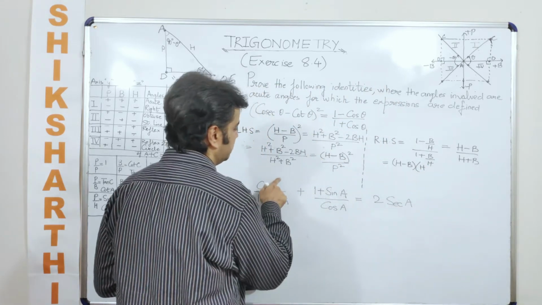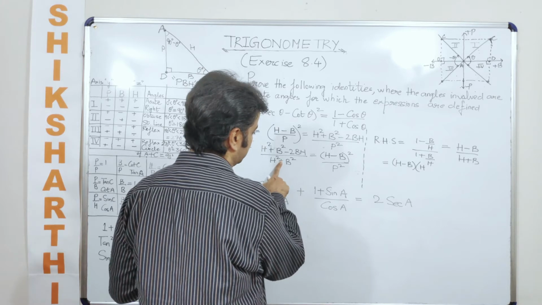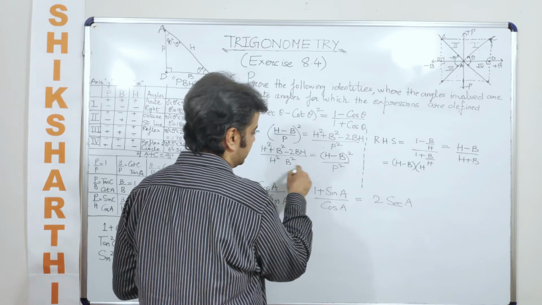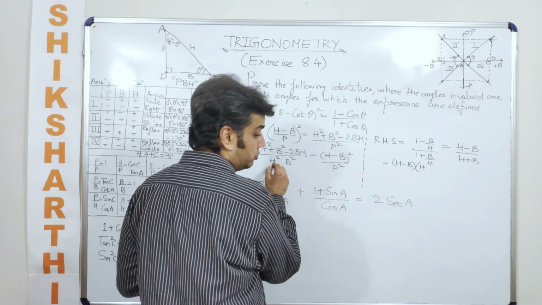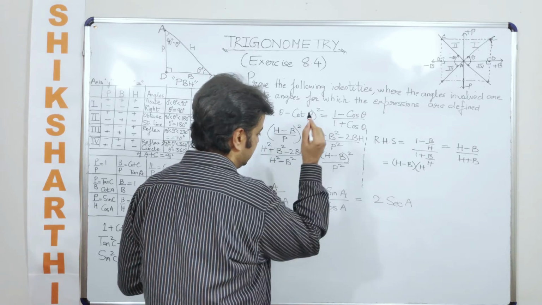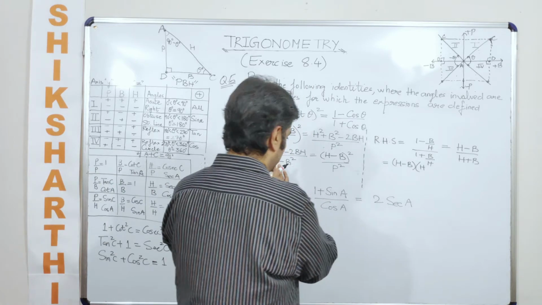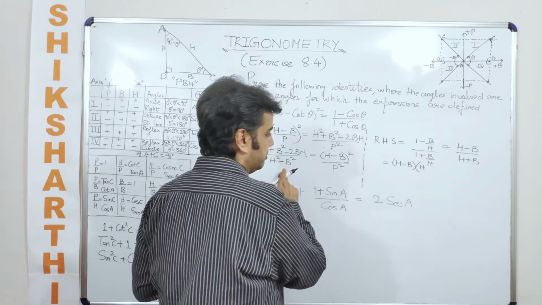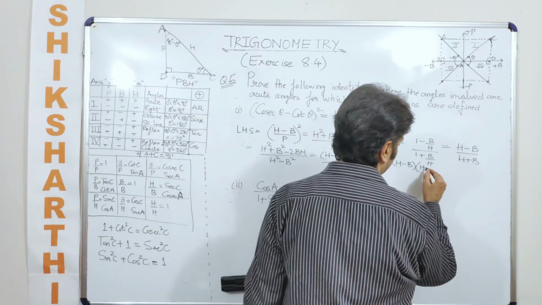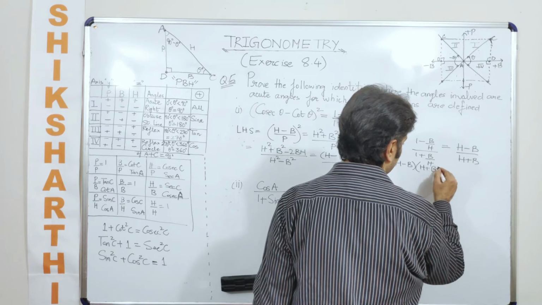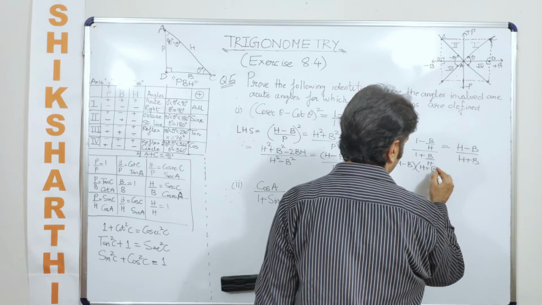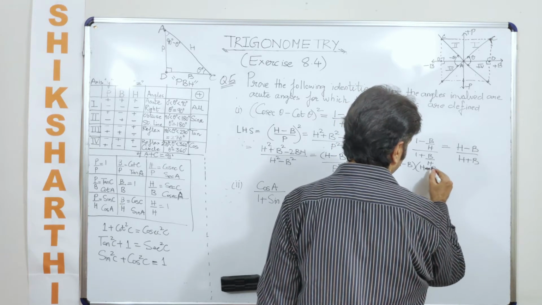So now this reminds me, the moment I have written this as h square plus b square, this expression is incorrect because p square is not h square plus b square, it is h square minus b square. So the moment I would have written it like this, I need to be attentive here. But anyway, so now here, if I multiply both the numerator and the denominator by h minus b,